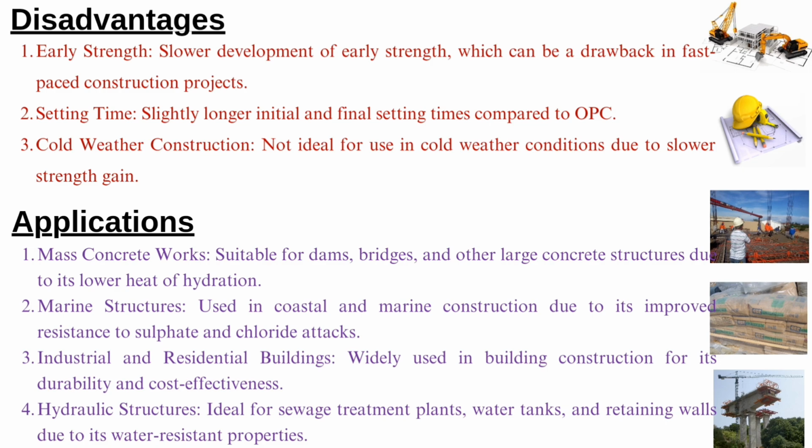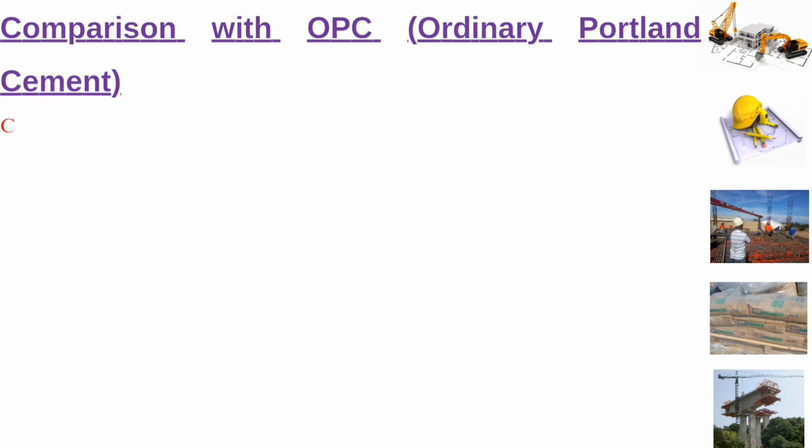So for lower heat of hydration, it is used in dams, bridges and other large concrete structures. For its sulfate and chloride resistance, it is used in coastal and marine construction, and for its durability and cost effectiveness, it is used in building construction, residential buildings, and because of its water resistance property, it is ideal for sewage treatment plants. So in comparison with OPC, OPC is made from clinker and gypsum only, while PPC includes